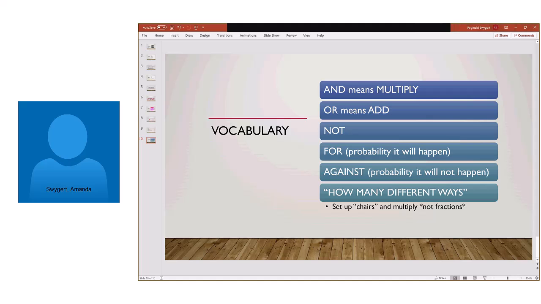There are 52 cards. It's not a probability type of question. It's just saying how many different options could you get? How many different things could happen? So we're going to look at a lot of examples where you're going to be doing multiple types of things that they're going to ask you about.